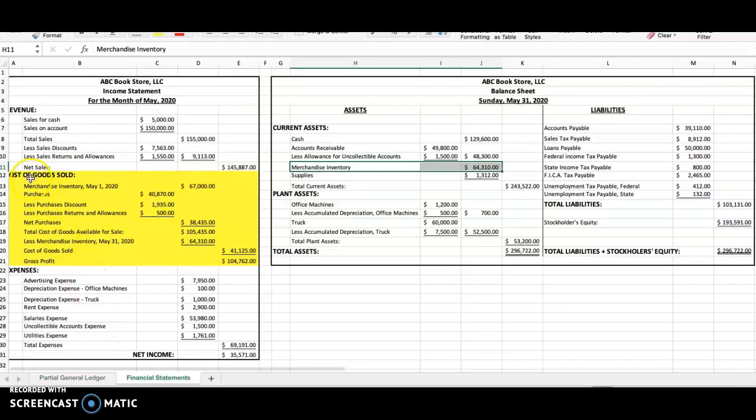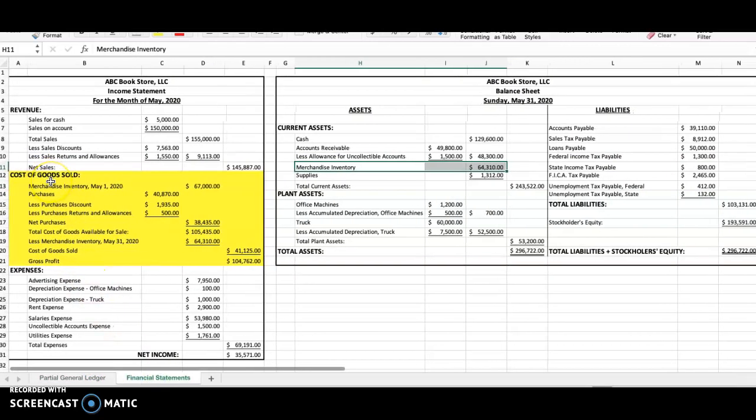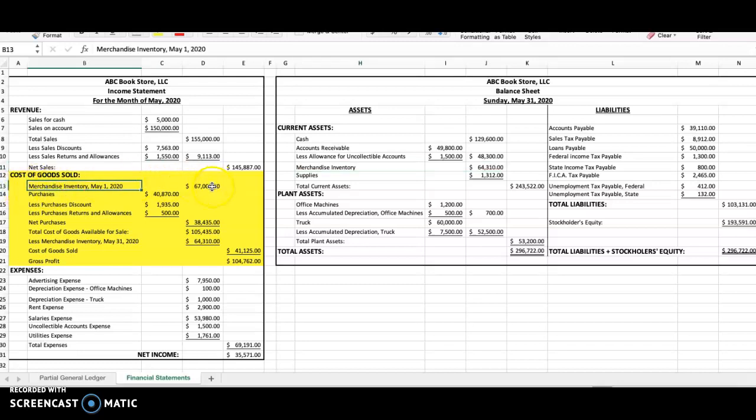The important part right now for you is the part highlighted in yellow on the income statement, so spend some time going back over that because we need to know the relationship particularly between the merchandise inventory account at the beginning and the merchandise inventory account at the end of the accounting period, and how we get from the 67,000 to the 64,000 using purchases and the discounts and the returns and so forth. So review this if you need to,